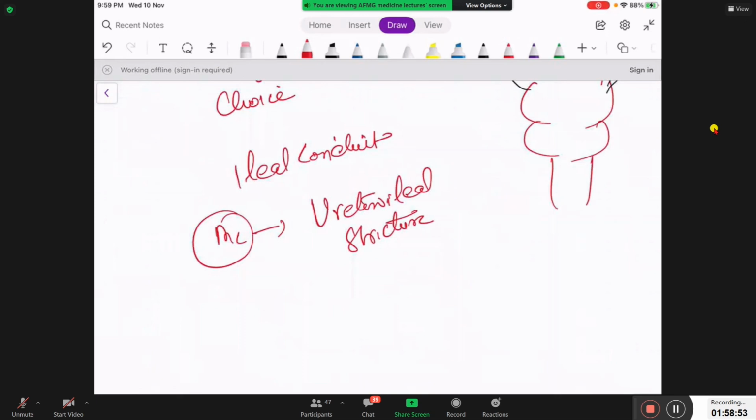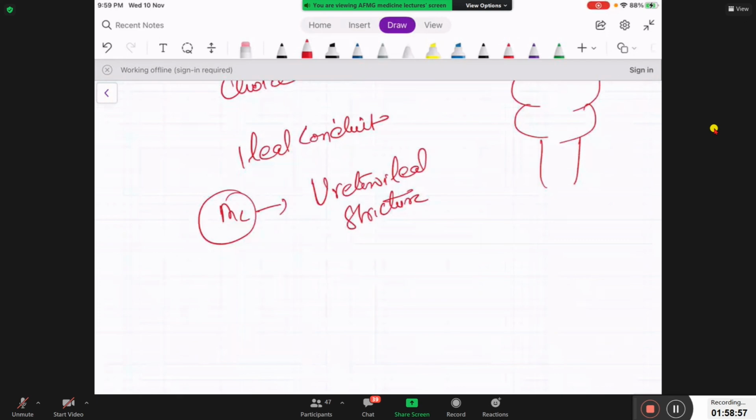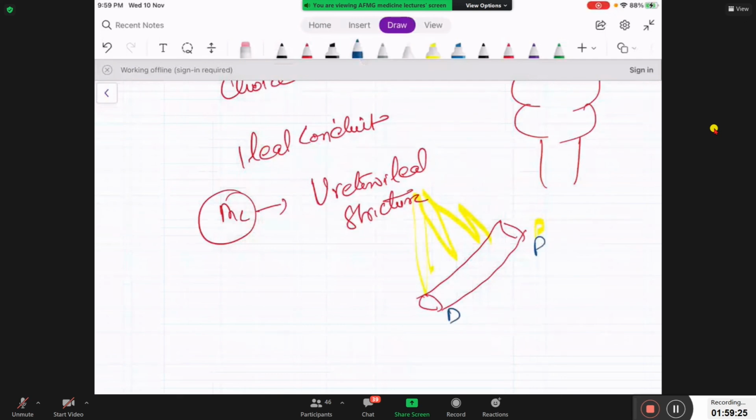अब ये ileal conduit का क्या मतलब हुआ? हम क्या करते हैं? The most common complication of it is uretro-ileal stricture. हम इंटेस्टाइन को नॉर्मल बावल से सेपरेट करते हैं। नॉर्मल बावल की कंटिन्यूटी से पार्ट ऑफ द इंटेस्टाइन को निकाल लेते हैं। छोटा सा पार्ट इंटेस्टाइन का हम बाहर निकाल लेते हैं उसकी मिजेंट्री के साथ। ठीक है। अब इसका जो ये प्रॉक्सिमल एंड है, मान लो ये प्रॉक्सिमल एंड है और ये डिस्टल एंड है।